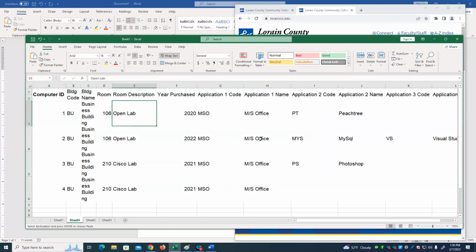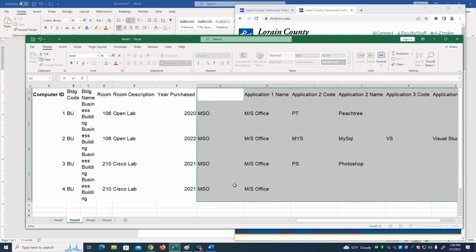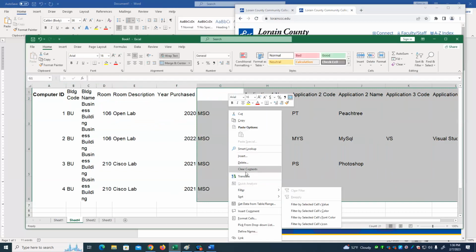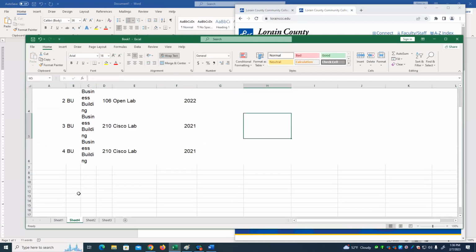So what we're going to do, we're going to break out this, to get rid of all these from our main computer table. And we're going to create a second table